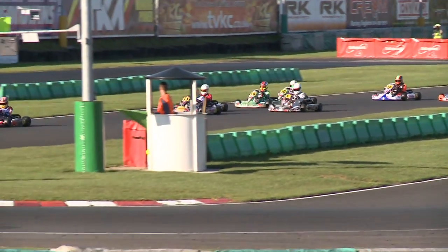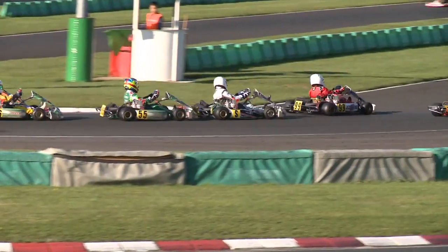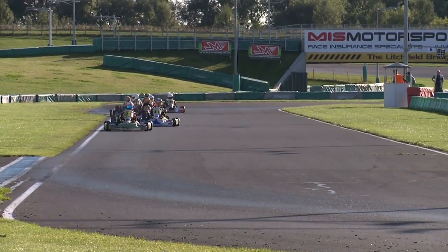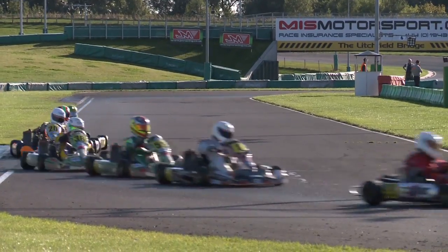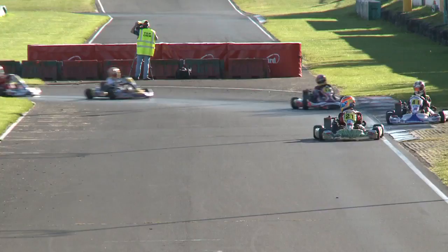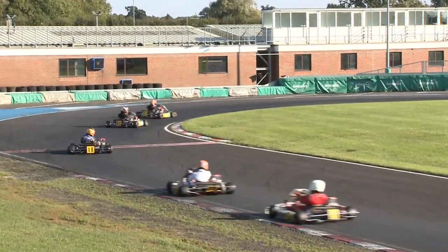Oh, we've got an off. That was Elliot Harvey, who was up in second place, spun off a hairpin wide. I wonder if there was a bit of contact there with Harry Carter, but he's certainly out now. I think it was Cameron McLaughlin that had contact with him. The S-plate's lost a few places. He has, so S-plate's dropped a few as a result of the contact, but it's Elliot Harvey that's come off